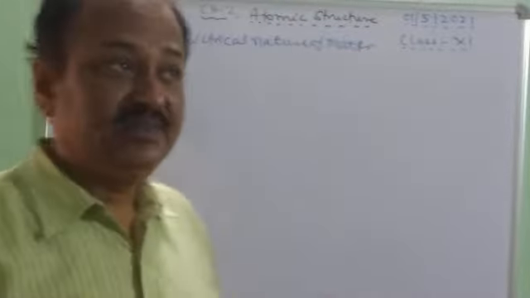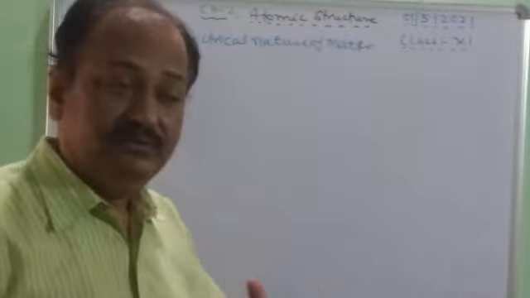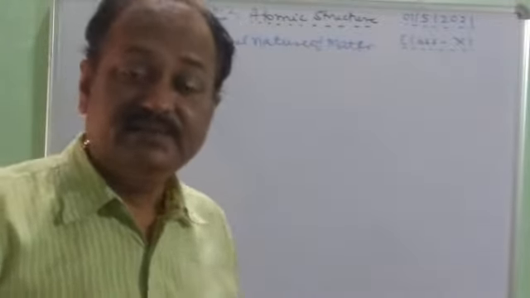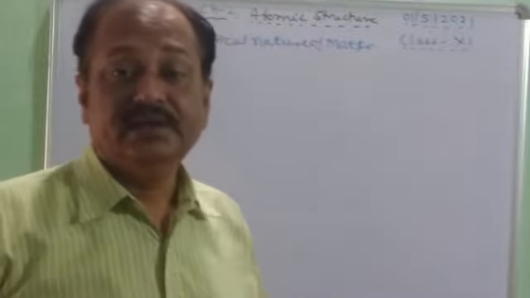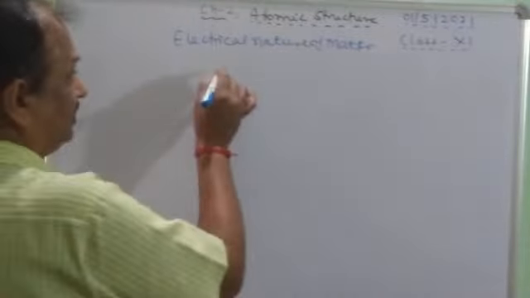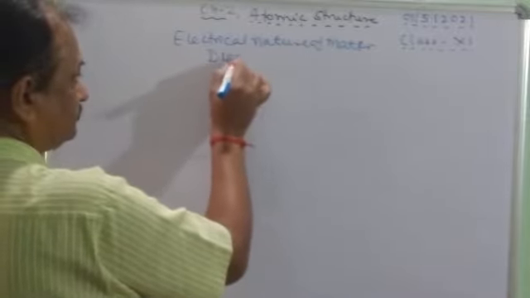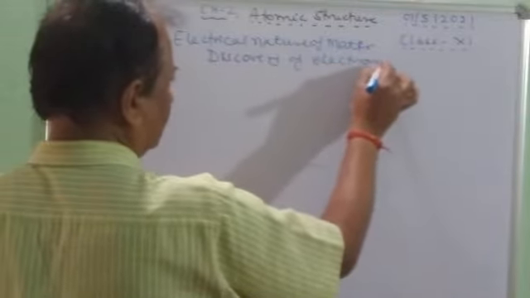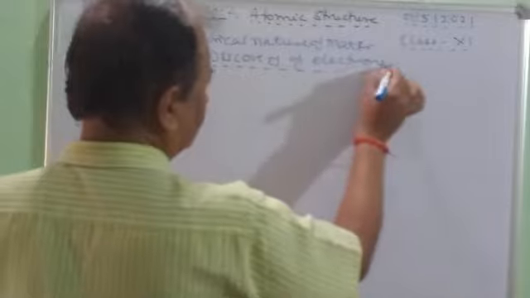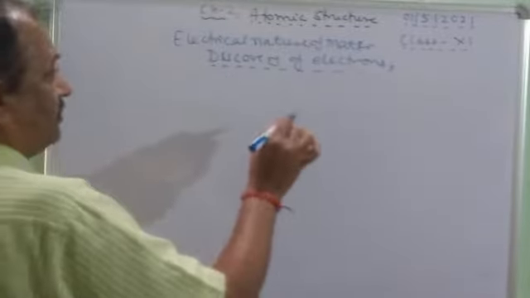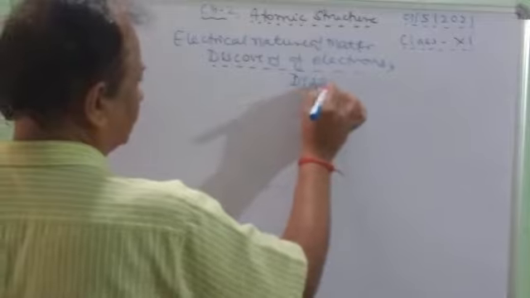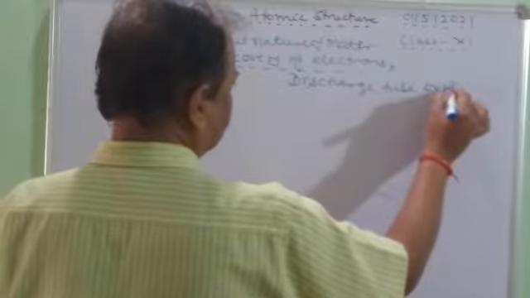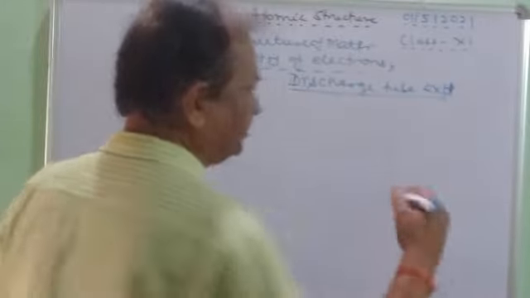So moving forward, children, we will see the discovery of electrons by the cathode ray experiment. First we'll see how the electrons were discovered, and we'll see the discharge tube experiment. Discharge tube means